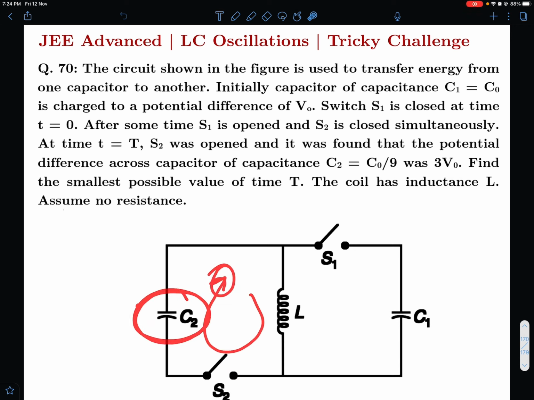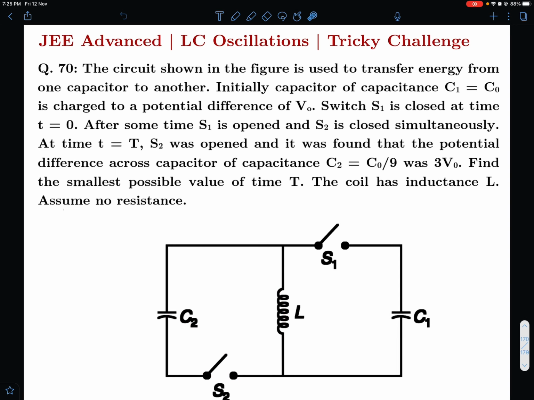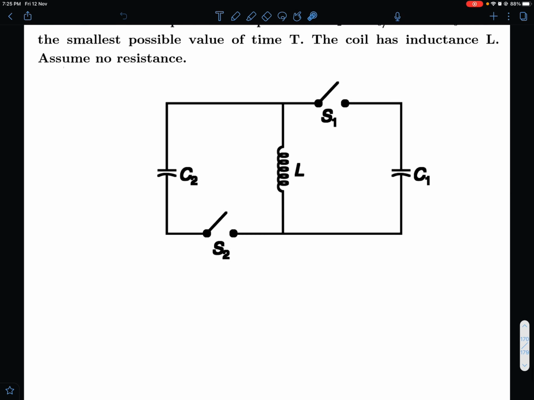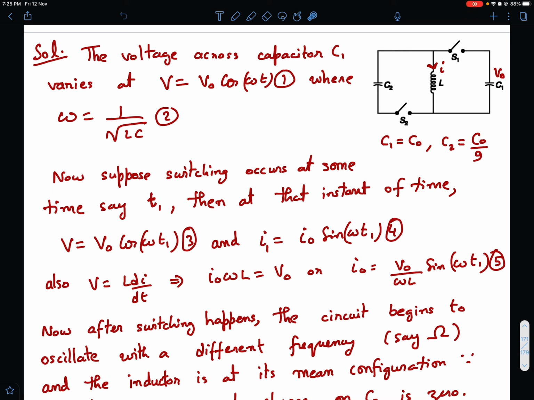And then the second circuit, if you see, this capacitor was initially uncharged and this inductor had some current. So that is equivalent to starting from the mean position, right? Why? Because potential energy is 0, right? So energy stored in capacitor is equivalent to half kx square. So potential energy is 0, that means what? It's mean position. So it started from mean position and then this is getting charged and the inductor current will be decaying after that. So let's look into the details, mathematics of it.